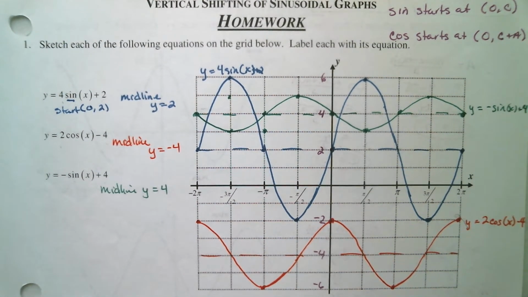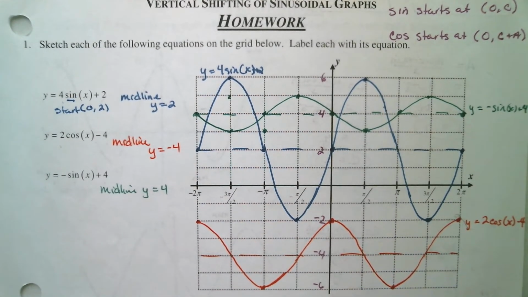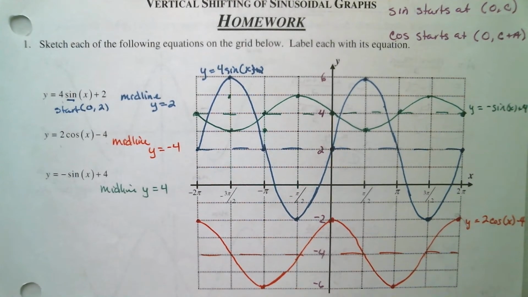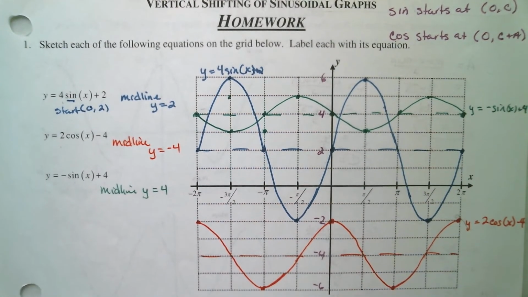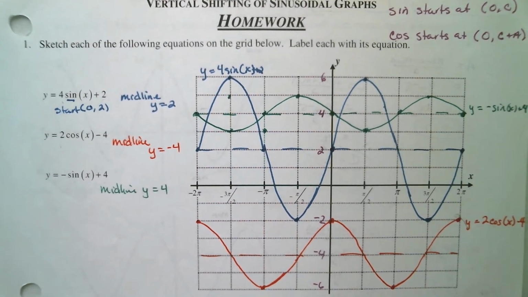Homework answers to page 374 and 375. Number 1, the blue is y equals 4 sine x plus 2. The red is the second one, y equals 2 cosine x minus 4. And green graph is y equals negative sine x plus 4. So just freeze that, check your graphs with this, and then again I'll go back and explain things